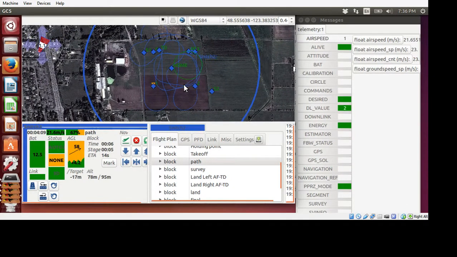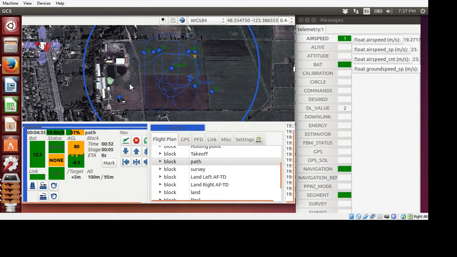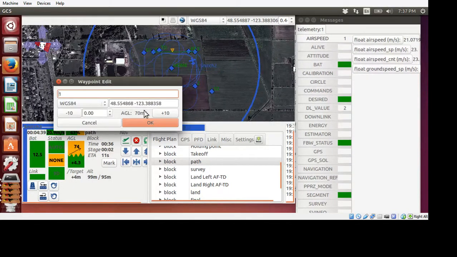Additionally, we can change these waypoints in real time. We have that flexibility. So if you just grab a waypoint and drag it somewhere, you'll get this confirmation window asking if you want to move a waypoint, and it'll also give you the option of changing its altitude. AGL stands for above ground level. So if I click OK, the next time I run it again,